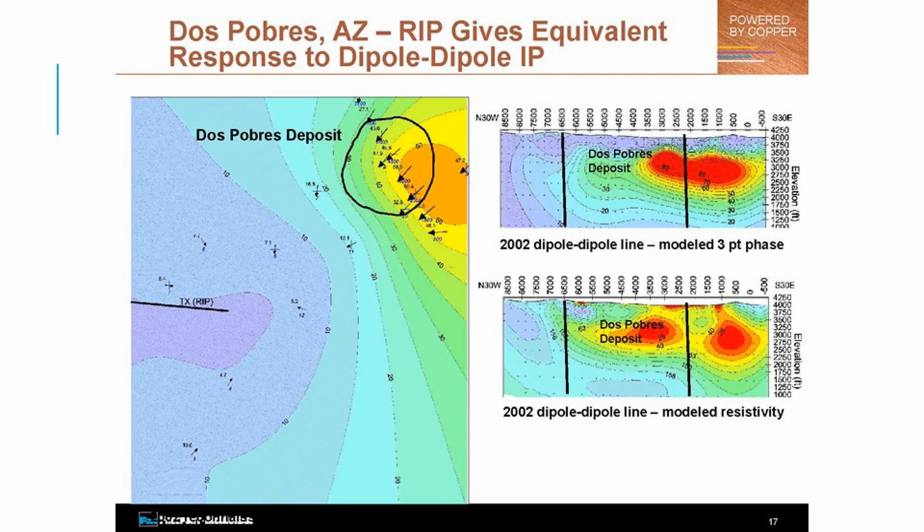Another thing that we consider in exploration, if we have a lot of ground to cover and we have a buried target, is how do we cover that ground effectively? And one way to do it is using reconnaissance IP. Some people call it vector IP, which essentially consists of putting out a large dipole of 5,000 feet or so, and then making measurements of two orthogonally oriented dipoles. And the vector difference in the responses from the two dipoles gives you the response for that